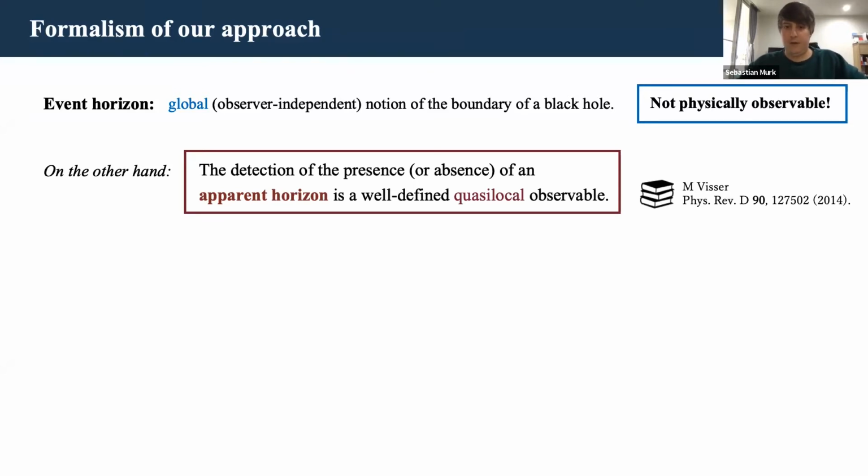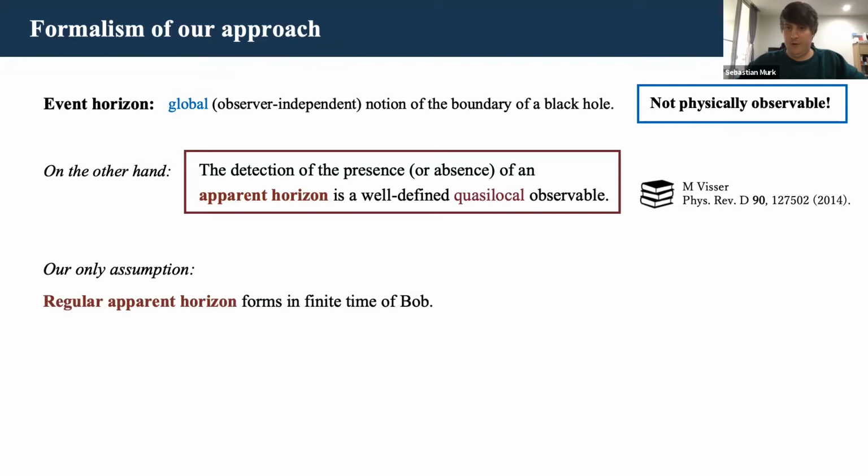And what this means is that we can make a measurement in a finite size region of space and within a finite time interval to determine whether or not an apparent horizon exists. And because of that, this is actually the starting point of our work. And it's actually our only assumption that a regular apparent horizon forms in finite time of a distant observer, usually